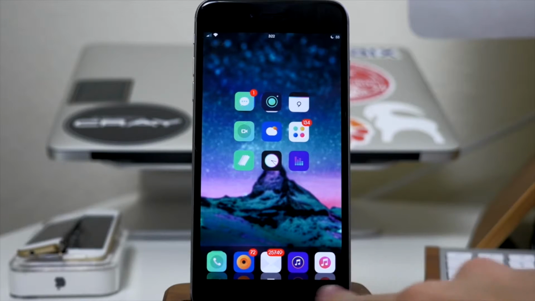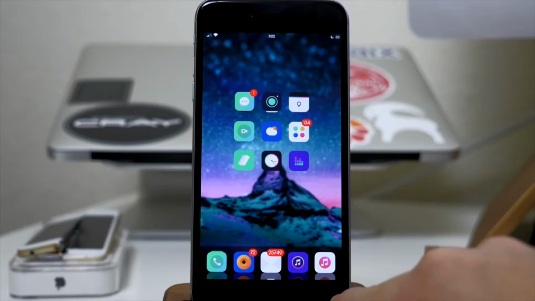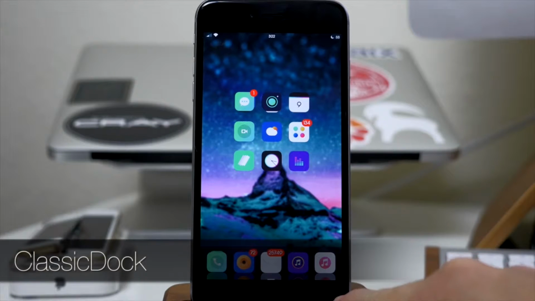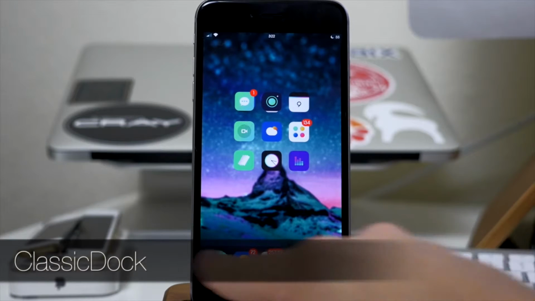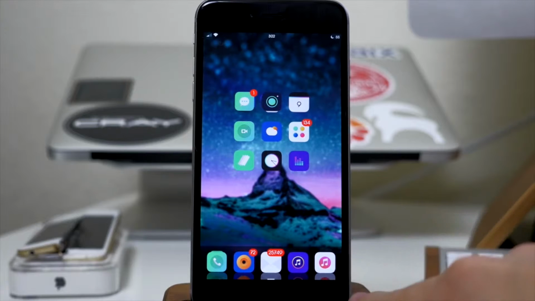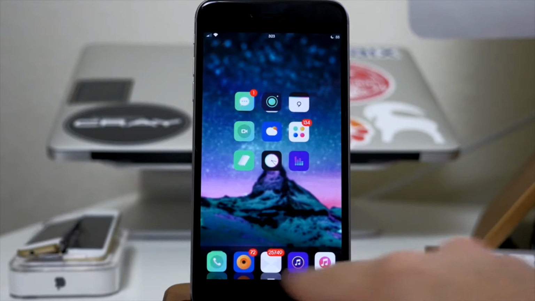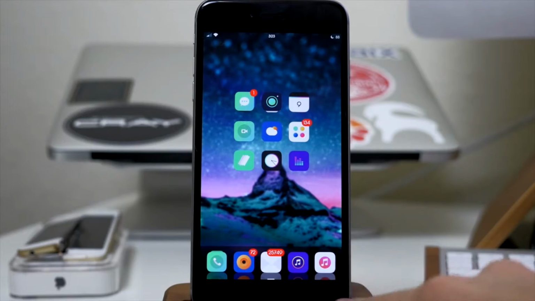And then right below that, you can see kind of the reflections right here. And this is due to a tweak called Classic Dock. Now, I usually don't have that dock in the background. I'm not sure why that's there right now. But with Classic Dock, it usually just gives you a clear background, and you'll have those nice reflections down at the bottom. Of course, anything hidden in the status bar right here is actually due to Hide Me 8 once